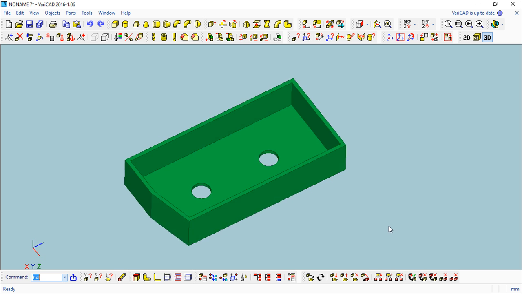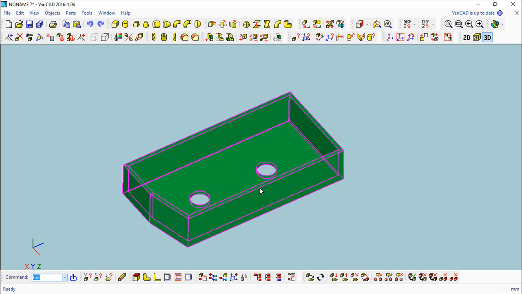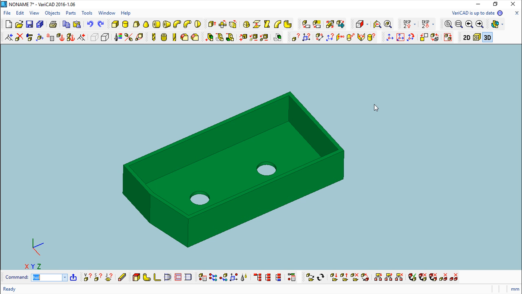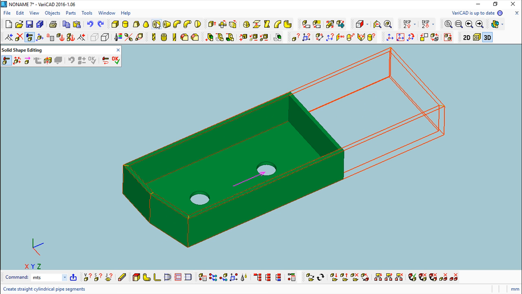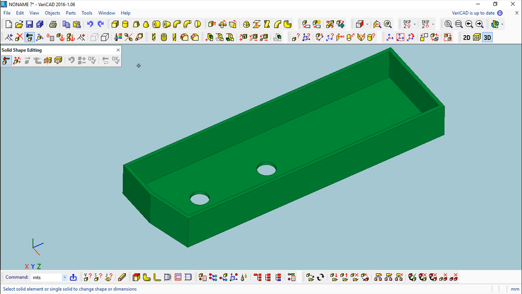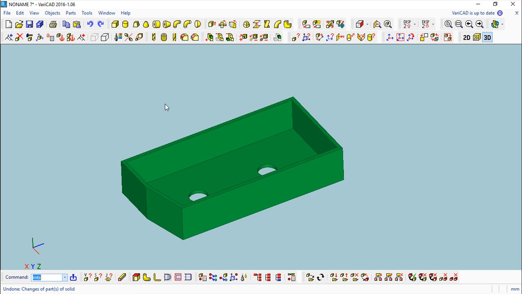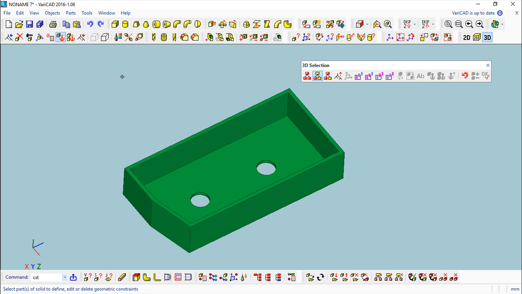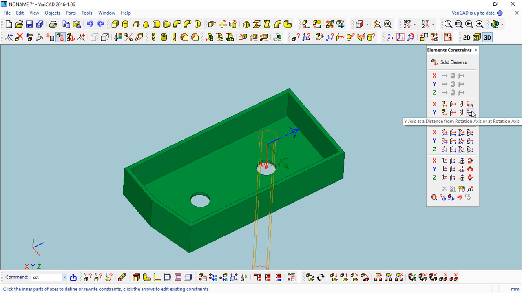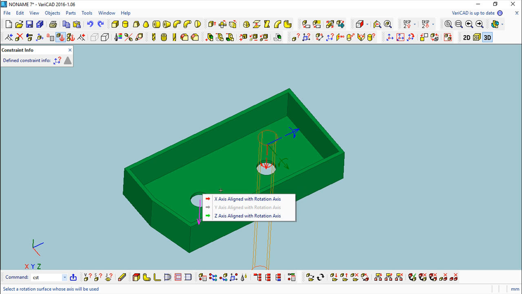Let us see what this does now. I have no relations in terms of constraints for these holes regarding the rest of the solid. So if I edit the solid, for example, doing this, nothing should happen to the holes. But for example, I can create relations on this. For example, I can create one relation from this to the according to y, for example, to this,